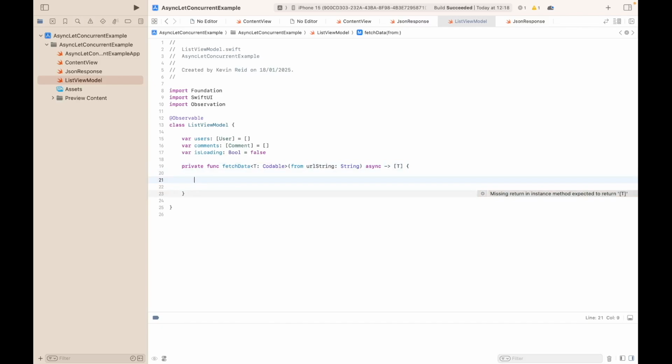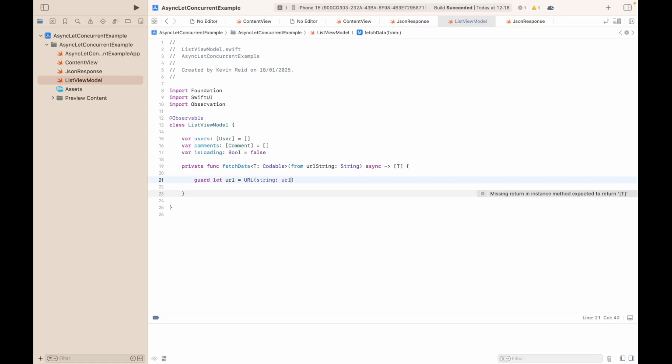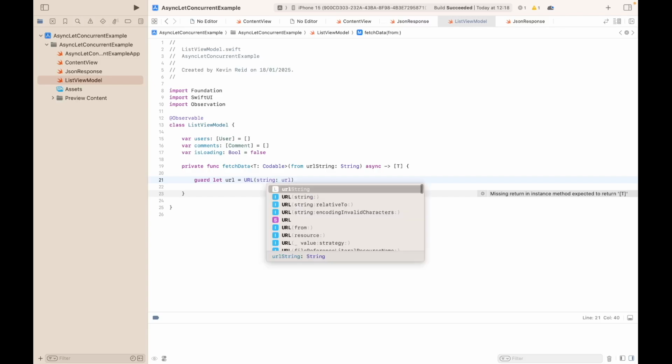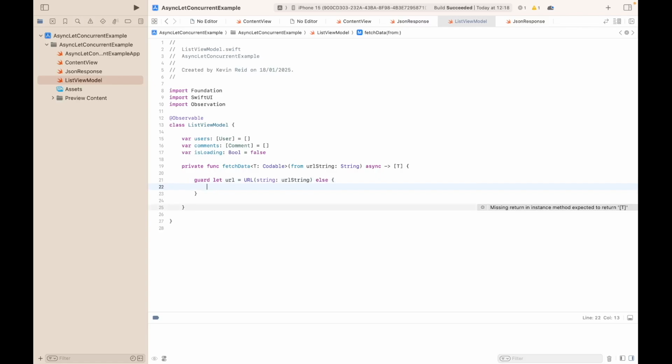Guard let url equals URL, string urlString, else if it cannot be unwrapped, just return an empty array and exit the function. Else if everything is okay, then we do the following: